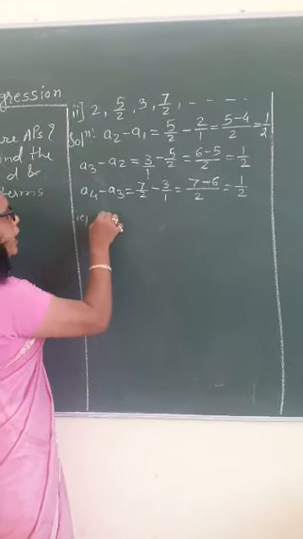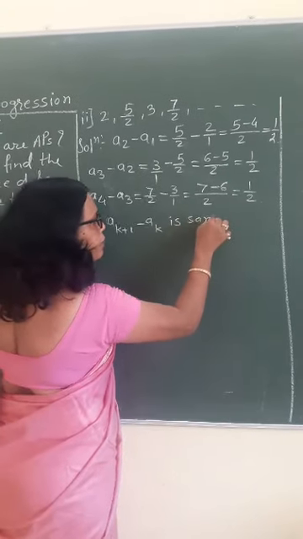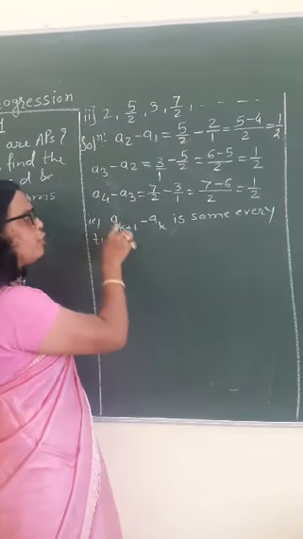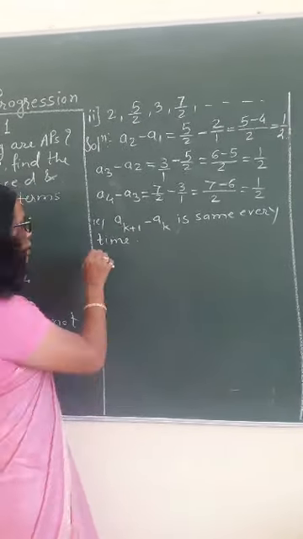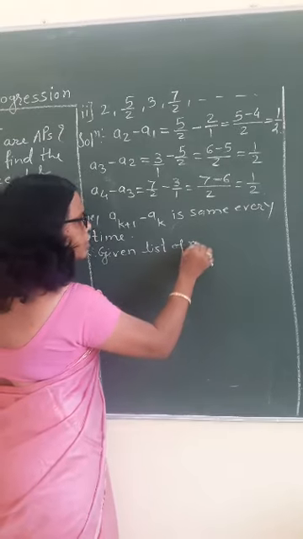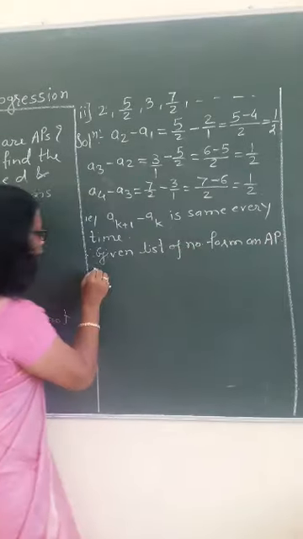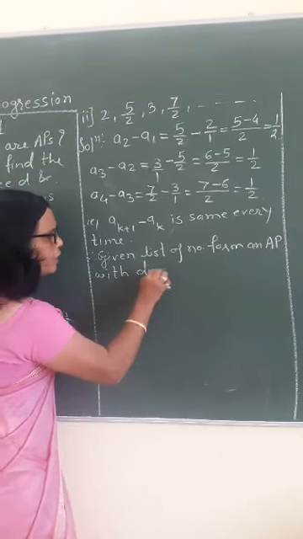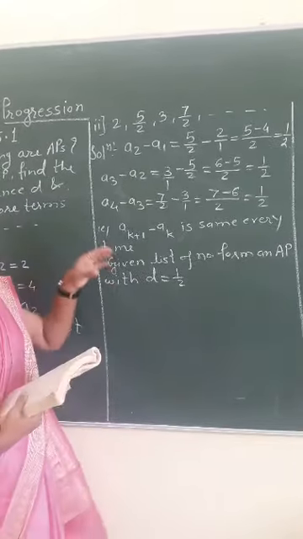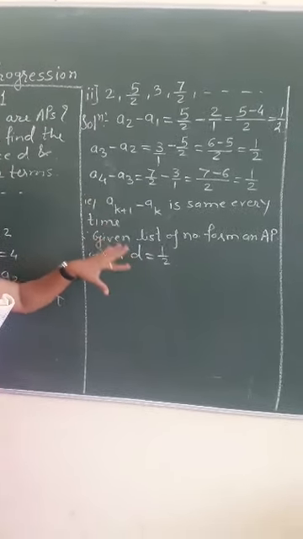That is A(k+1) minus A(k) is the same every time. Every time means the value of d is the same every time. Therefore, the given list of numbers form an AP with common difference d equal to 1 by 2. And they have asked, if the given sequence forms an AP, then we have to find 3